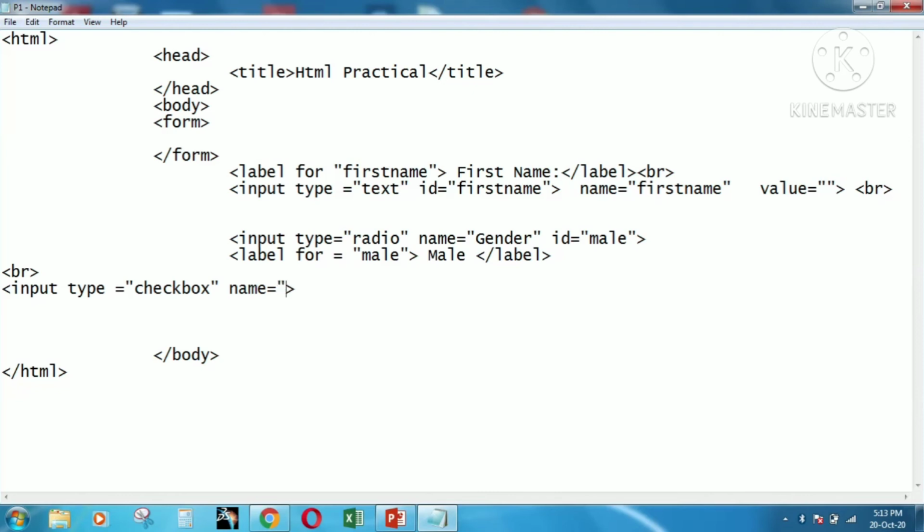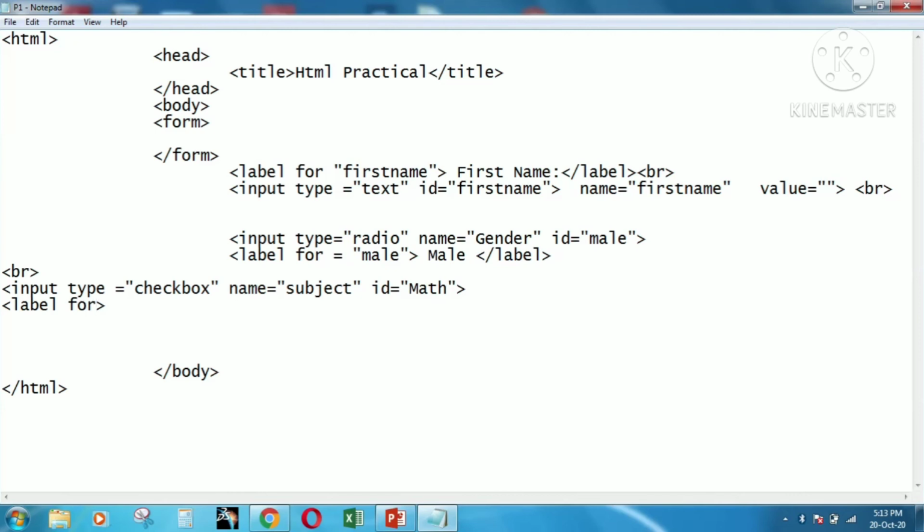If you want to create multiple, you can also use the same code. Okay, for first name you only need to change the label for first name, it can be last name. Like the radio button, I am using here male, so you can also use it for female. So two radio buttons you can use here. And next I am using here a checkbox for the subject maths.